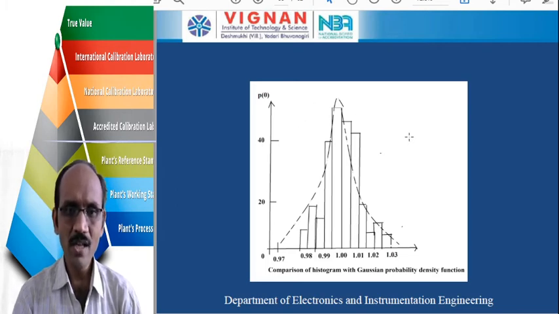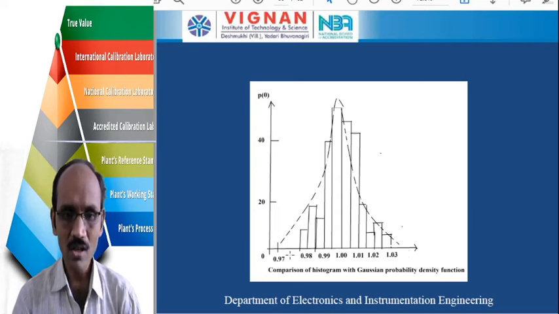Coming to probability, what is probability? It is the ratio of the number of times the event occurs to the total number of trials. Here the total range of trials is from 0.97 to 1.03. Vertically, if you take the range 0.97 to 0.975, that occurs this number of times here. 0.98 to 0.985 occurs this number of times. In this way, for each range there is a chance of occurring some minimum number of times.